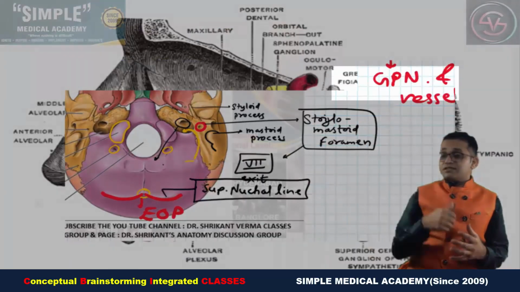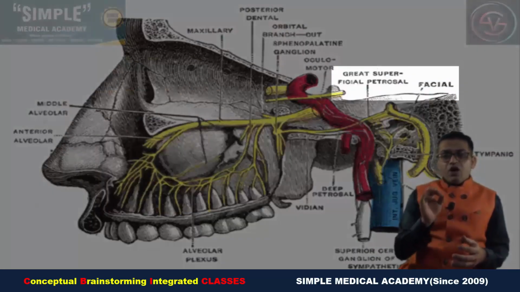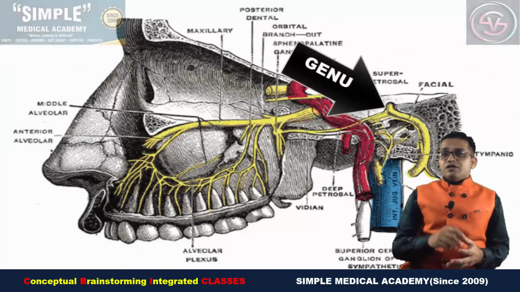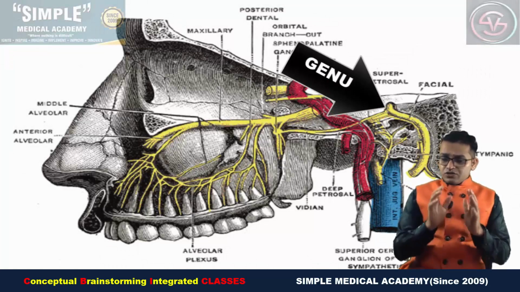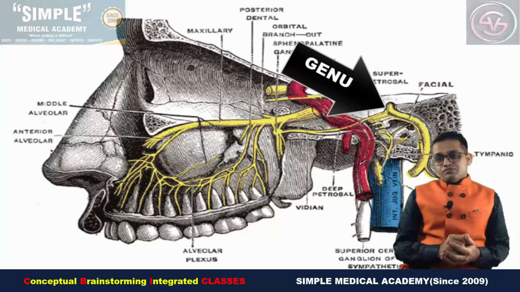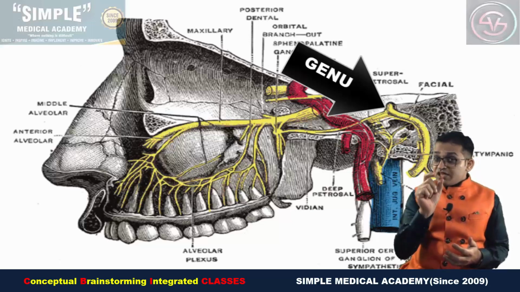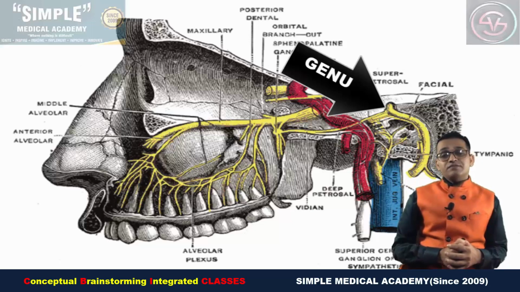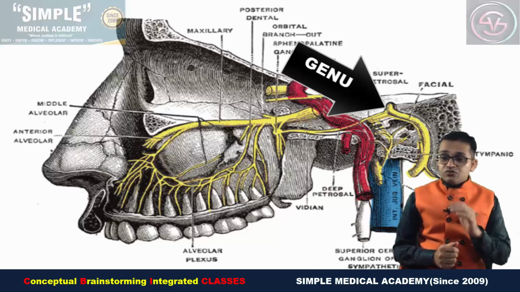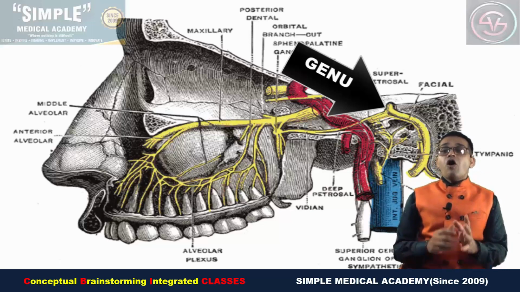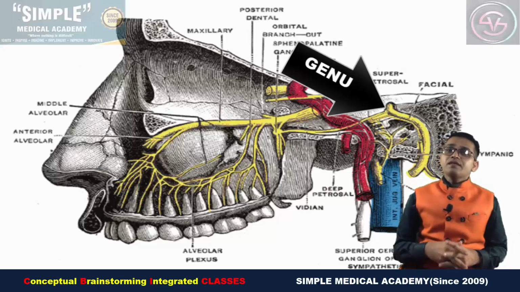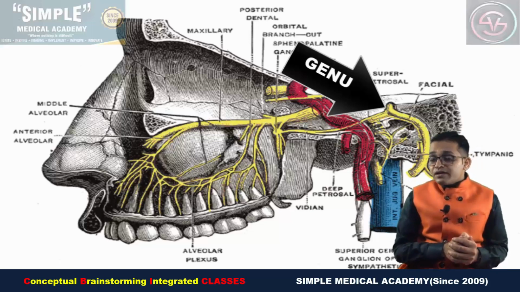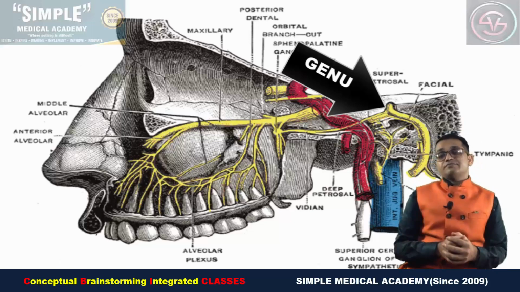Yes, as you can see in this image, the greater petrosal nerve is the branch of the facial nerve, which is coming from the turned part of the facial nerve. Any turned part is terminated as genu. So your MCQ, at the genu of the facial nerve, the greater petrosal nerve is emerging. How you can remember? G for genu, G for greater petrosal nerve or greater superficial petrosal nerve. Then this greater superficial petrosal nerve is passing through the foramen lacerum from the posterior side to the anterior side.